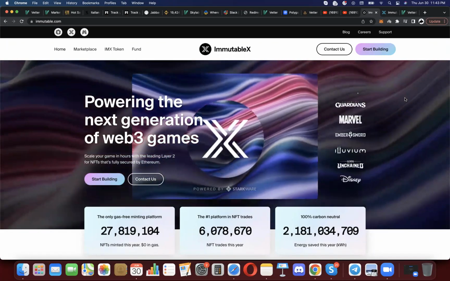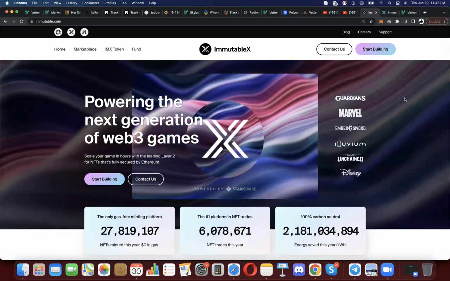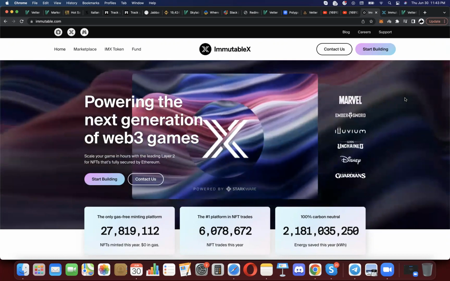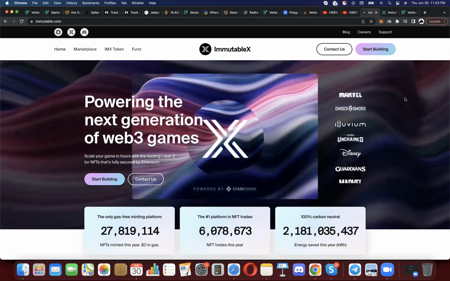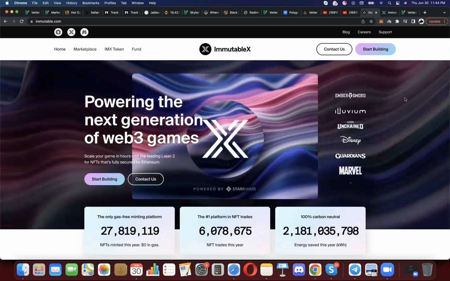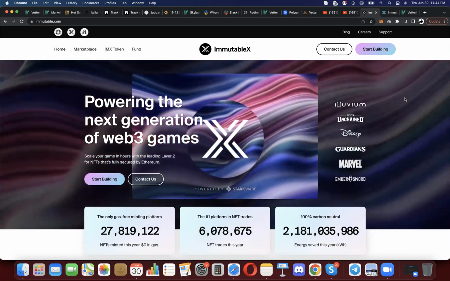Hey, I'm going to show you how to find your L2 Immutable X wallet. As you know, Immutable X, IMX token, initiated staking. It starts on July 1st, which is tomorrow. And some of you might have trouble finding where the L2 wallet is that you're supposed to stake your